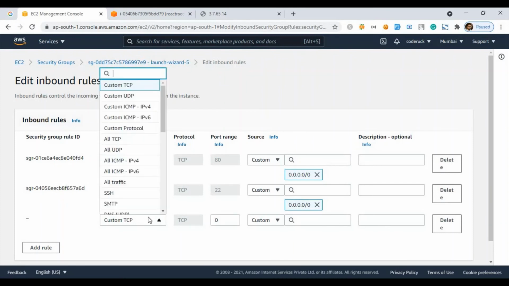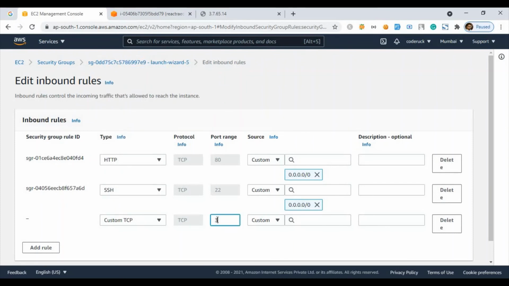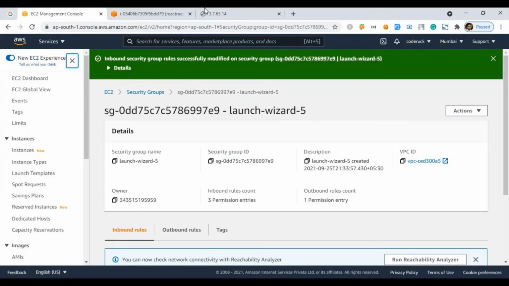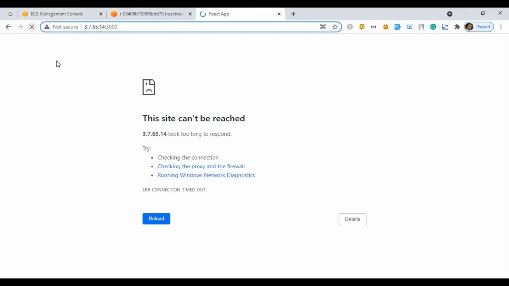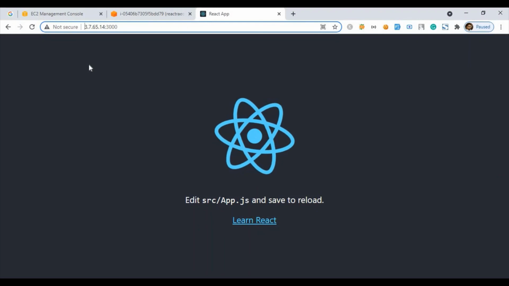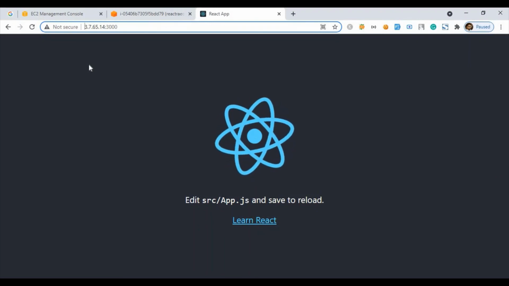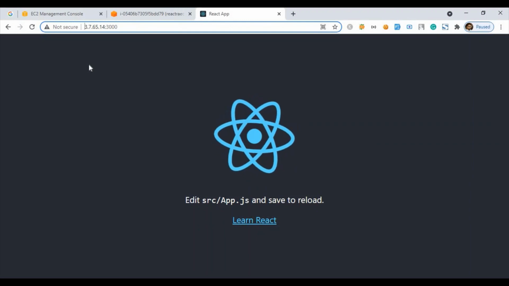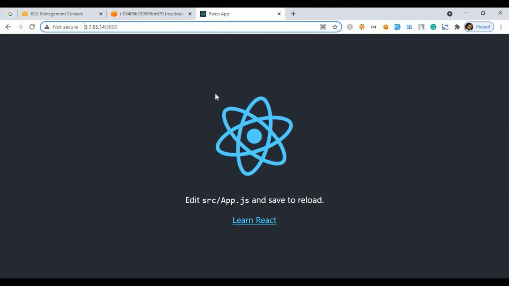What's our port number? It's 3000, and this will be accessible from anywhere. Save rule. Once you save it and refresh, here is your application up and running. So guys, we have successfully installed the Node React application inside EC2, and our React application is up and running.